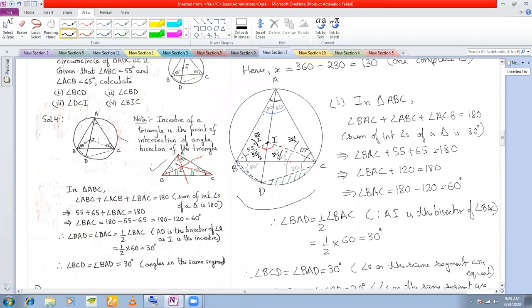So therefore, what should be the third angle? Now look at this triangle, BIC. This is the last question I can mark. Look at the green triangle that I marked. You know the two angles of this triangle. One is 32 and a half. The other is 55 by 2, which is 27 and a half. So you can find out the red angle, the unknown angle, BIC. Okay, so that is how we proceed.